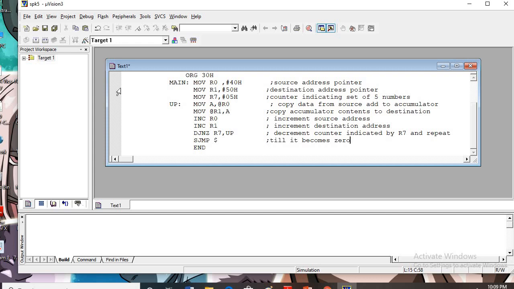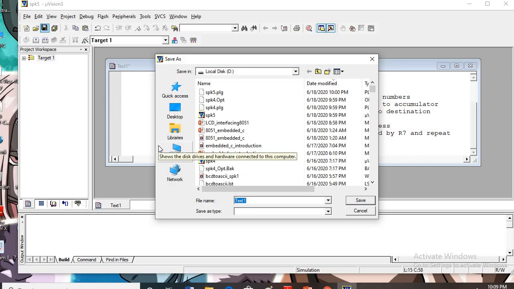Okay, now I will save this first of all. So save, I will give the name block transfer and dot ASM.